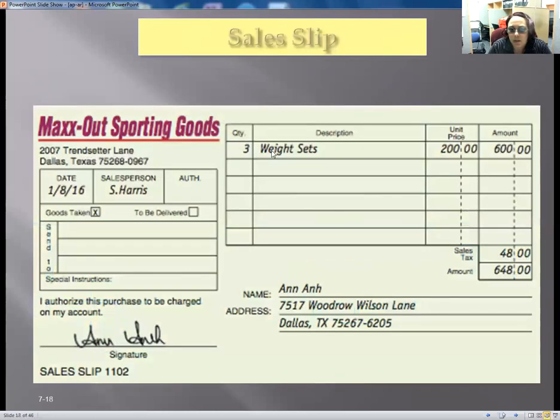All right, here is their receipt. See, here's a sales receipt. So if you had a cash transaction, he should be recording this on that journal entry, regardless if it's cash or receivables. You got goods taken, or if it's to be delivered, here's the information to deliver it, and this is generally the way it looks if you're writing a handwritten one and not putting it in the system. Now, in the system, it'll be pretty much similar.